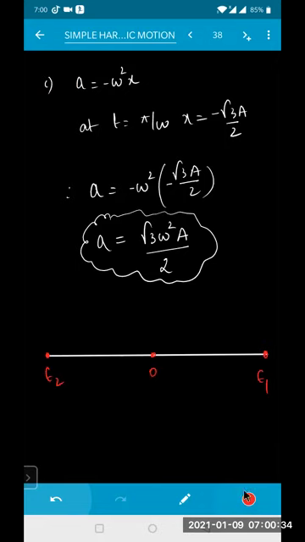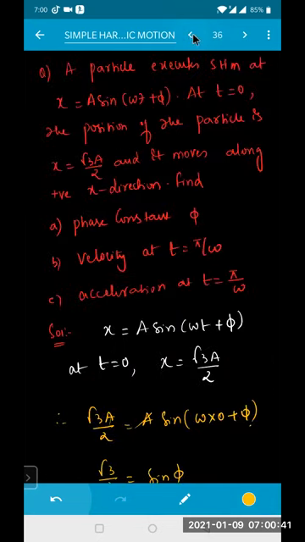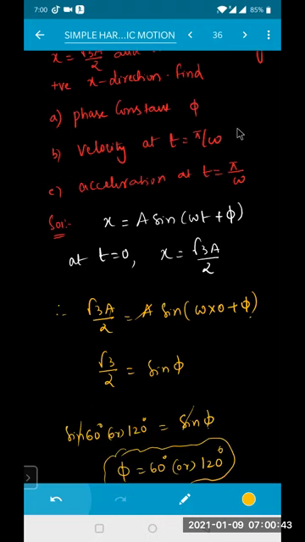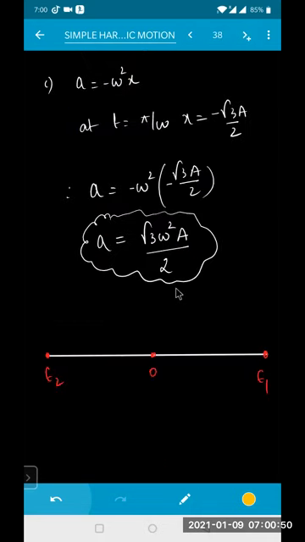Now you know that at t is equal to 0, the velocity is how much for me, beta? Positive or negative? We got the value of velocity to be positive. If it is positive, from the origin, somewhere here if I am taking right now, velocity is being directed in this direction. That means from the mean position, this distance x is how much right now for me? x is equal to root 3 into A by 2.